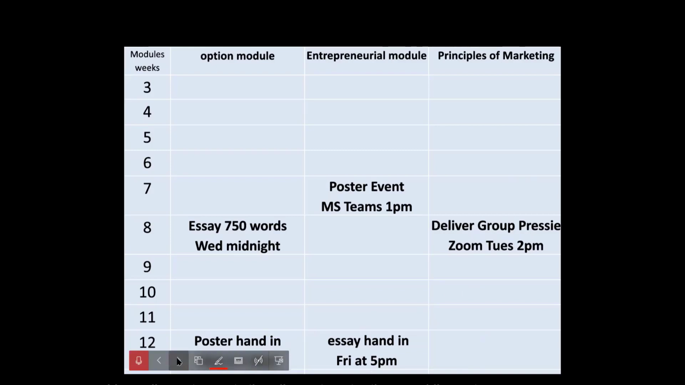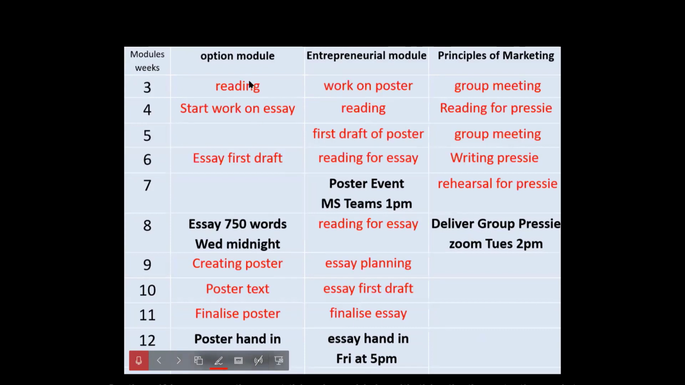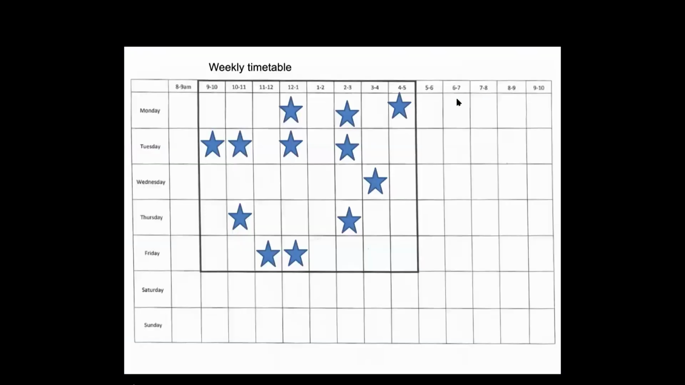So the next thing I would do with this, that's the starting point. Then I go back from my essay 4 weeks. So 1, 2, 3, 4. And then you'll see here, I've got start work on essay, so that I give myself 4 weeks to get it done. Here's my poster. I go back 4 weeks, start working on the poster. Here's my group Prezi. I have my first group meeting